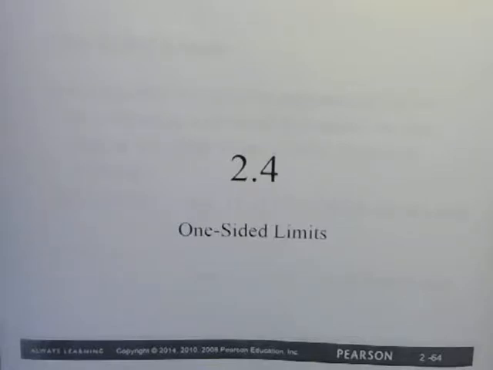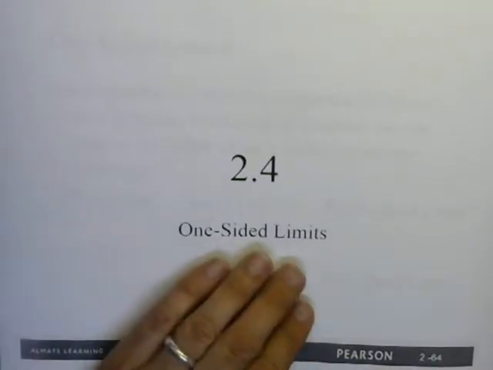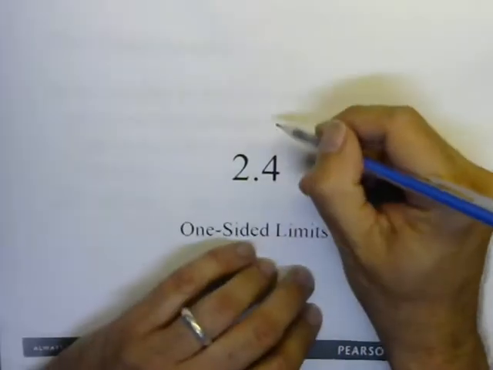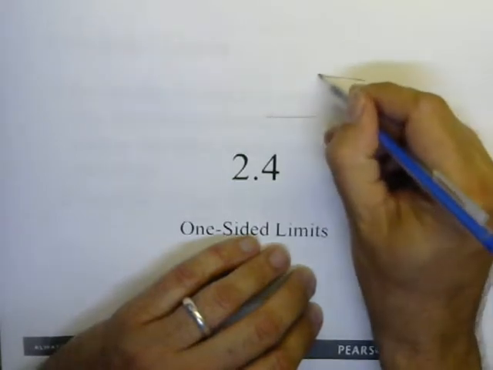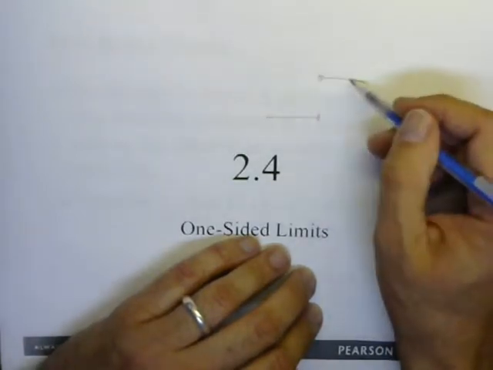Hi everybody. So this next section, 2.4, has to do with one-sided limits, and we've talked about this a little bit when we talked about limits. The idea in this case is what happens if you approach a limit from the left or the right-hand side. And as we've seen before, in some of those examples where we had a discontinuity,